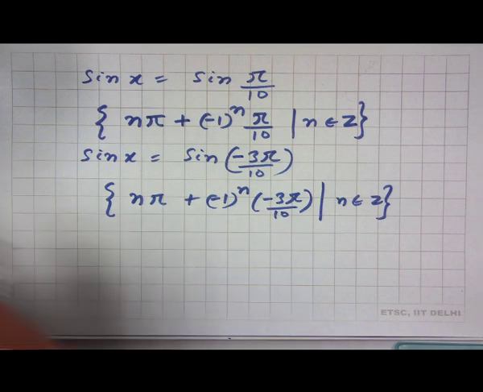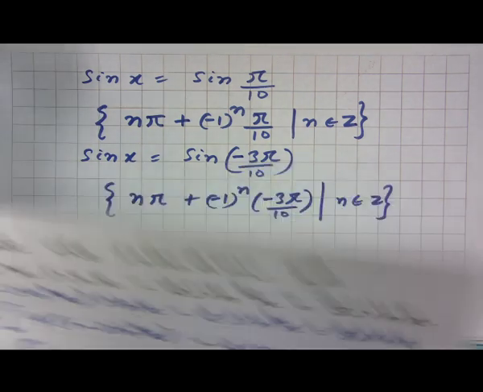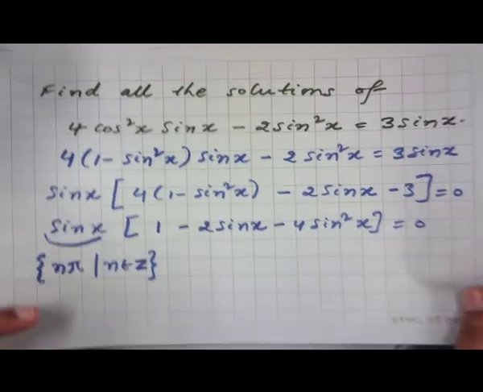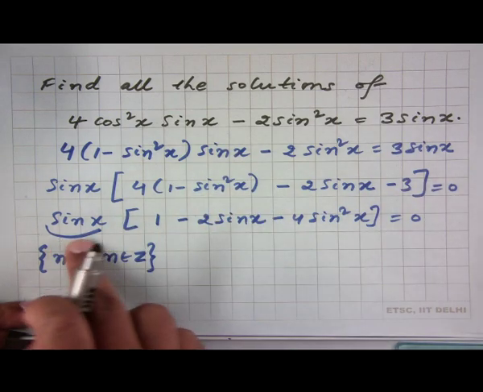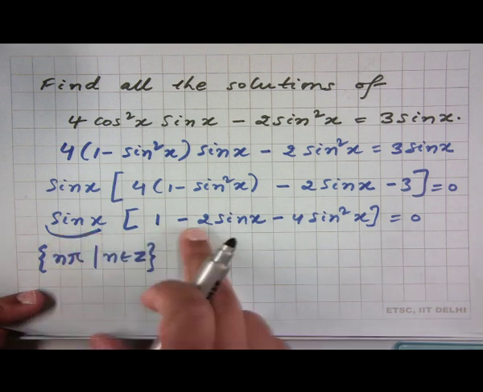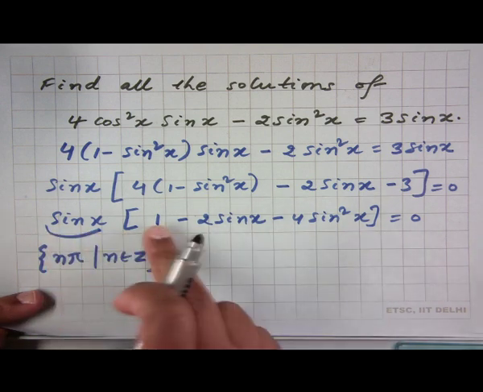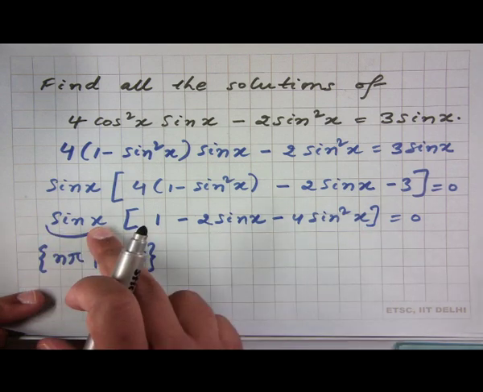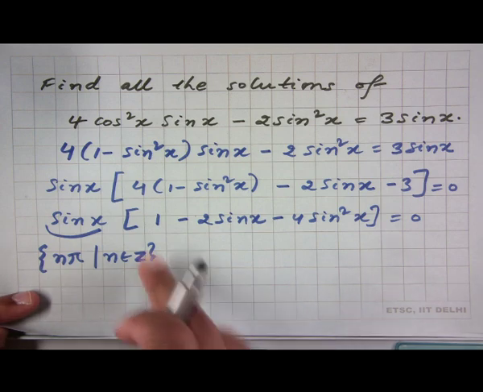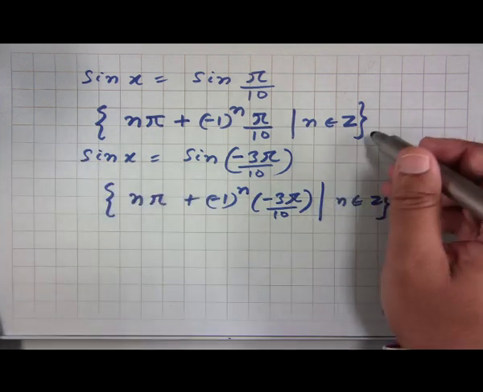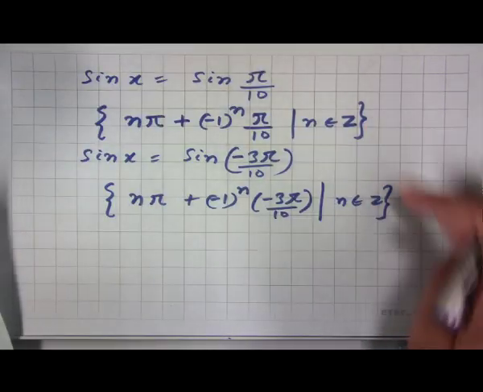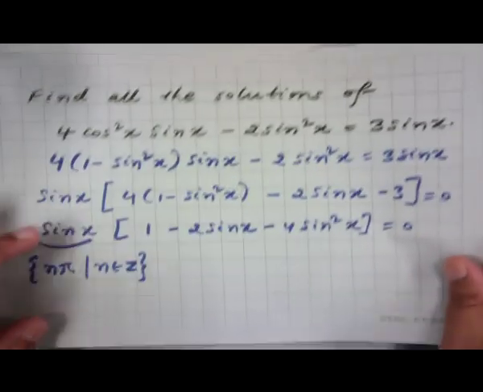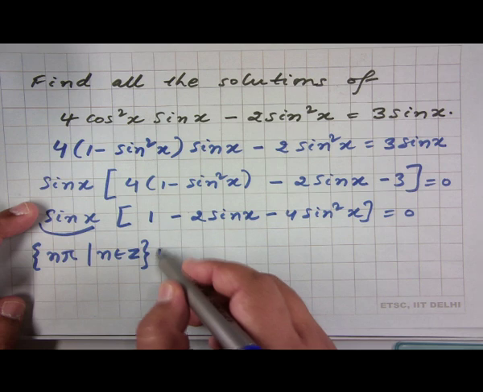But if we go back to the original problem, we had to find the solutions to this equation, and we derived it like this. The left hand side is a product of these two factors. So, either sin x is 0 or this factor is 0. For sin x to be 0, this is the solution set, and for this other factor to be 0, we saw that the other solution set is nothing but the union of these two sets, and therefore, the final answer is this set union